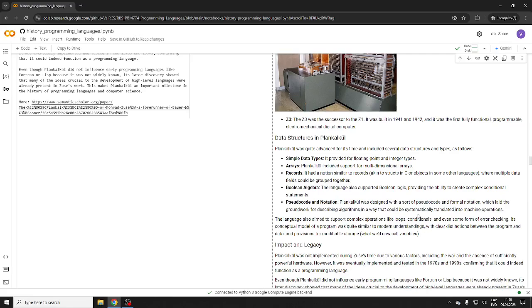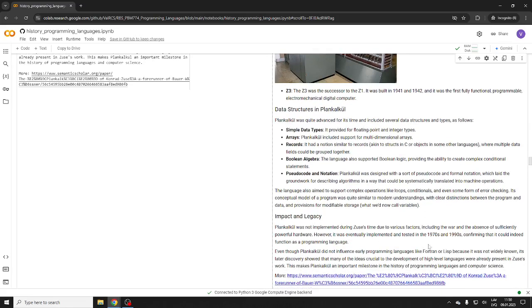He didn't publish too much, right? So it didn't really influence the early programming languages like Fortran and Lisp, right? So later on, it was significant. It had many firsts for a programming language, but it didn't really influence. It shows, I guess, that